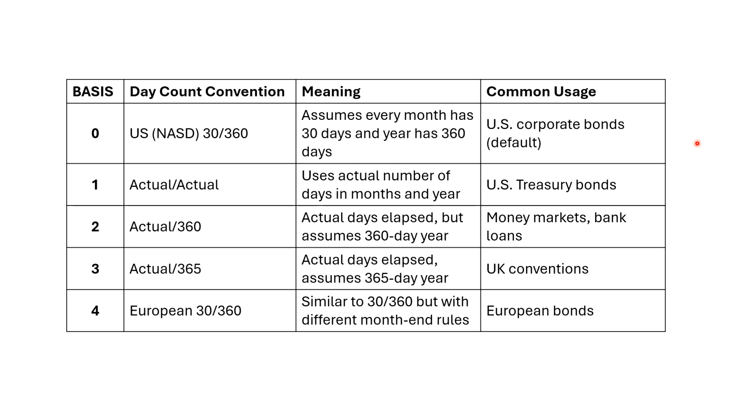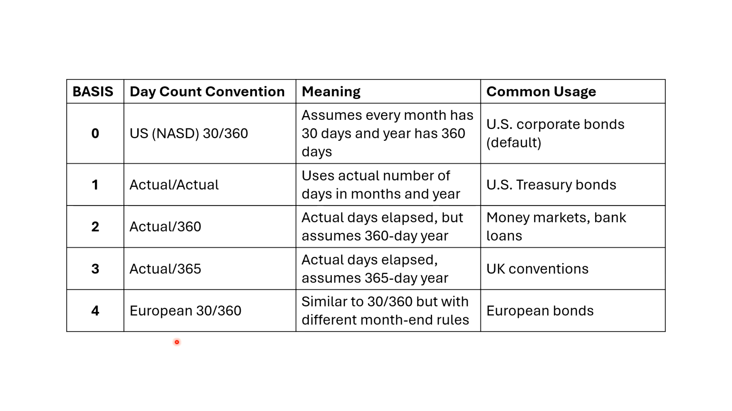I got this information, by the way, from ChatGPT, although this here is from Microsoft Excel. The explanations are from ChatGPT. Then you have actual/360, then actual/365. This is getting closer to actual. Then there's the European 30/360. It's similar to this one here, but there's different month rules. And I'm not going to go into the details here. I just want to make you aware that these options are here. And on the next slide, I'll show you the